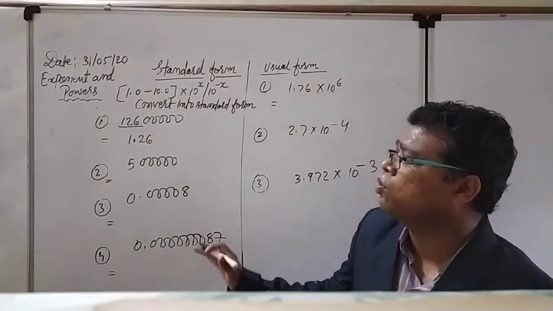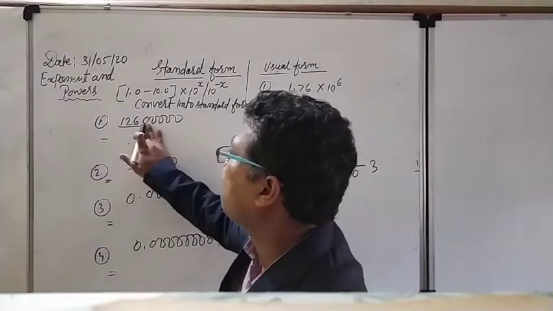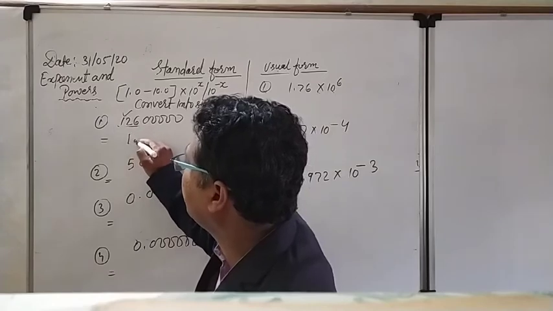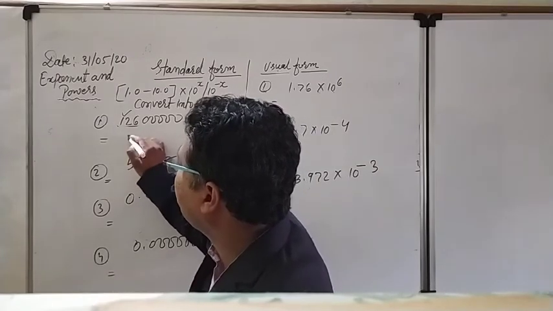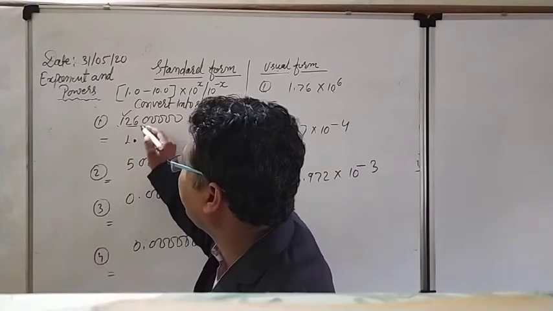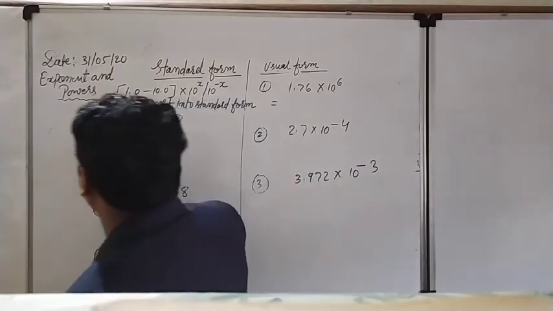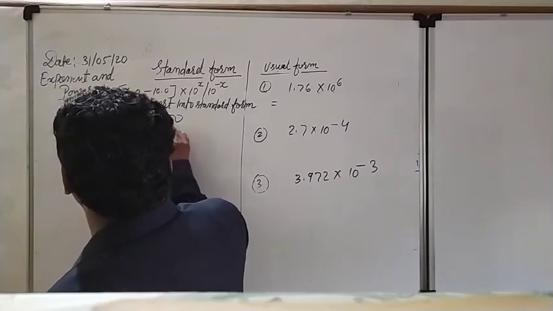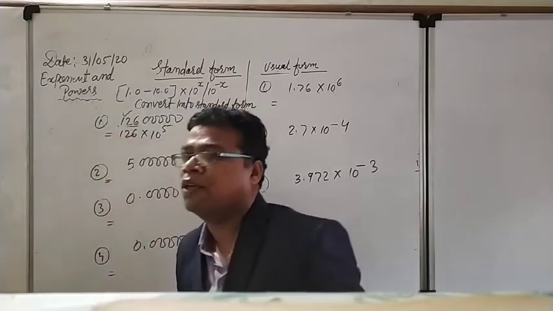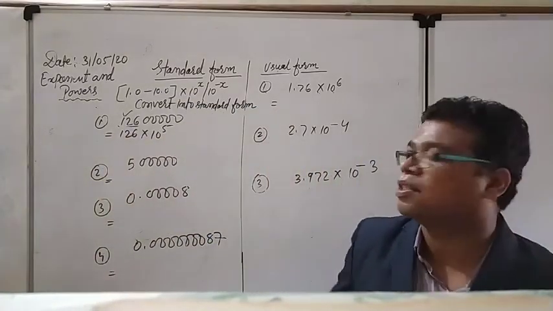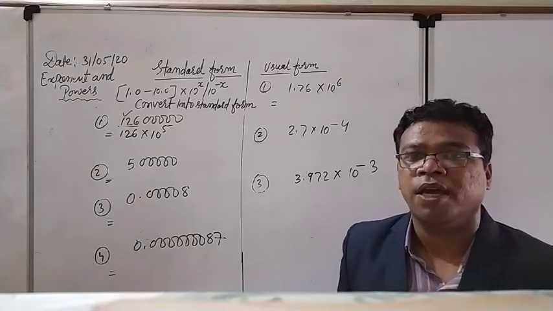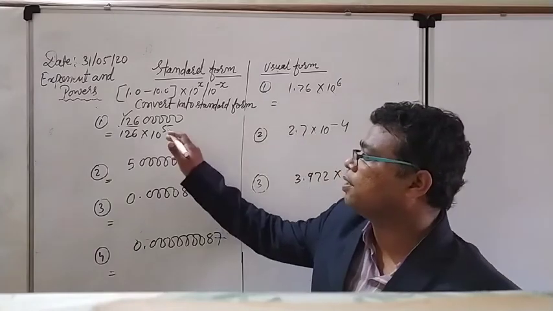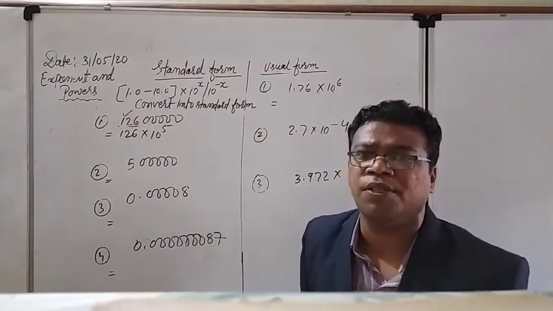So that 126, I will convert into the form 1.26. What I have to do for the standard form is only consider one digit before the point. Let me give you more logic. First I will write down 126 into, that can be written 1, 2, 3, 4, 5. How many zeros are there? 5. So I will write down 10 to the power 5. This is the easy logic for you, I think. 126 and how many zeros are there? 5. That can be written as 126 into 10 to the power 5. In 2 steps I will solve it.